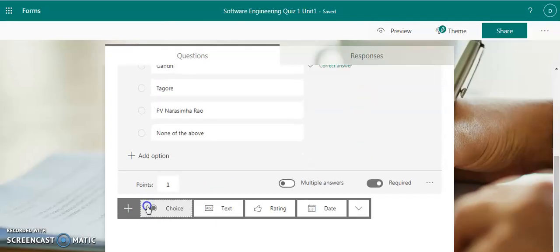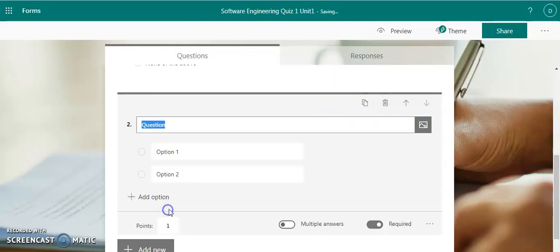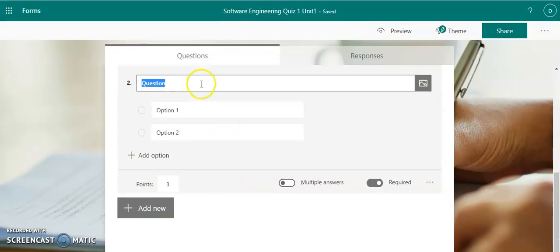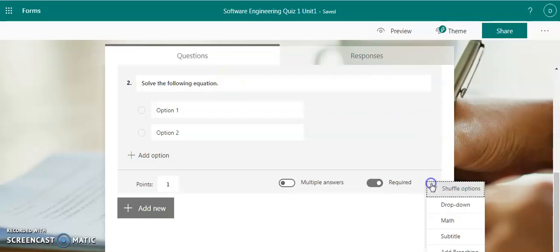Now I am adding another question here, assuming this is a solve the following equation. This is a mathematical question. So I cannot type mathematical formula here. Now I'll select one option here, that is math.